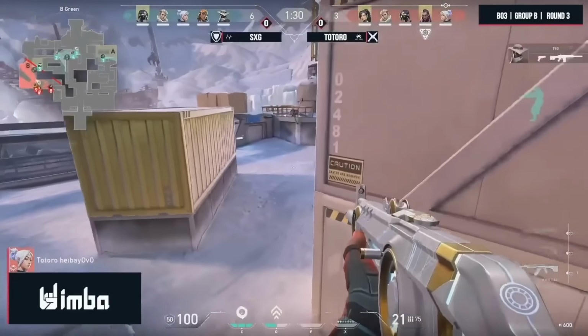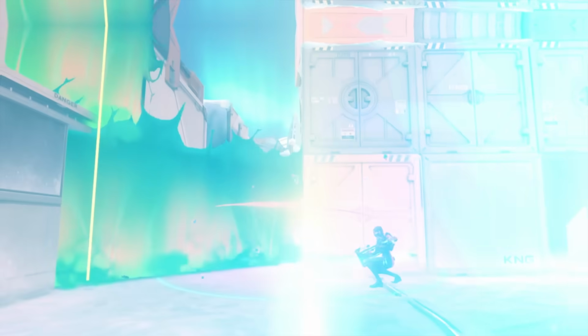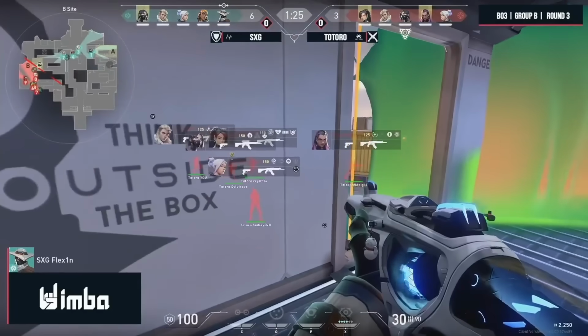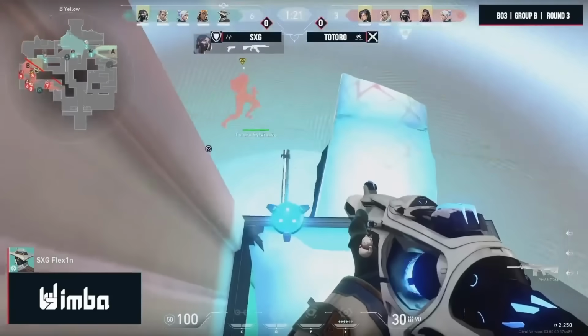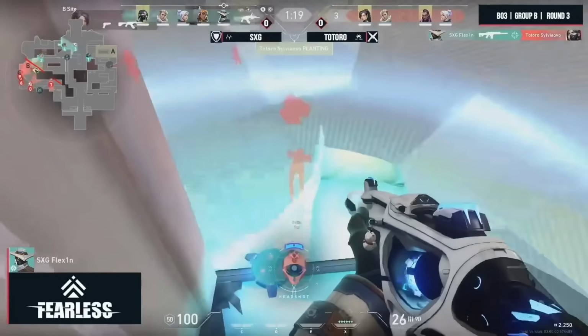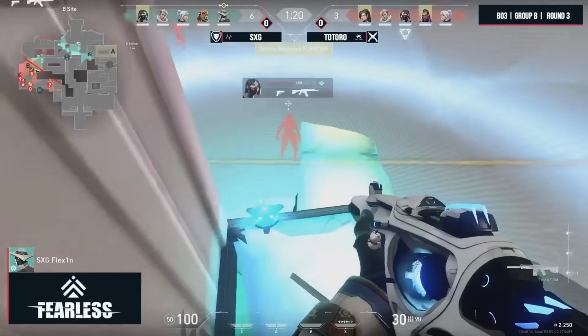The offense are barreling down main, make it out towards yellow, but do the defense not care? How is Cypher going to stop the plan himself? He's not Killjoy. I guess that's one way to do it, but now the defense are definitely